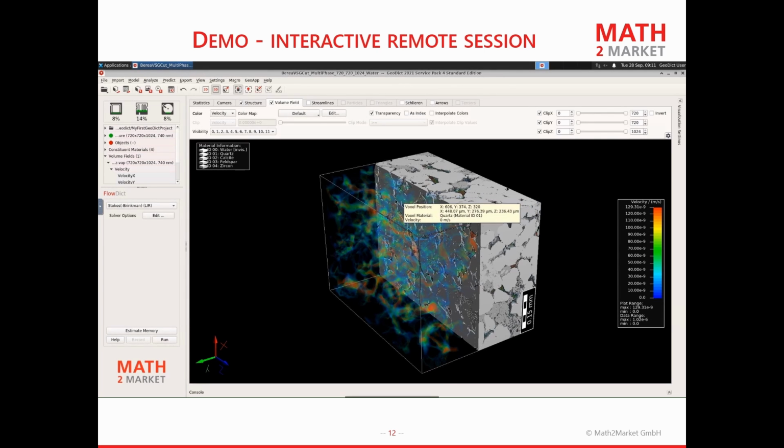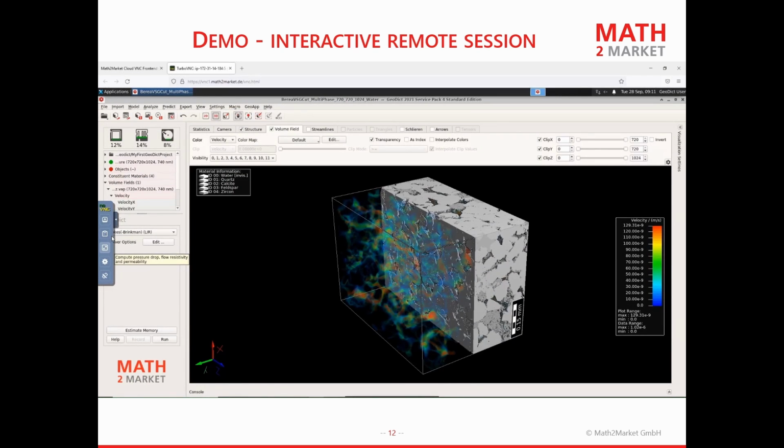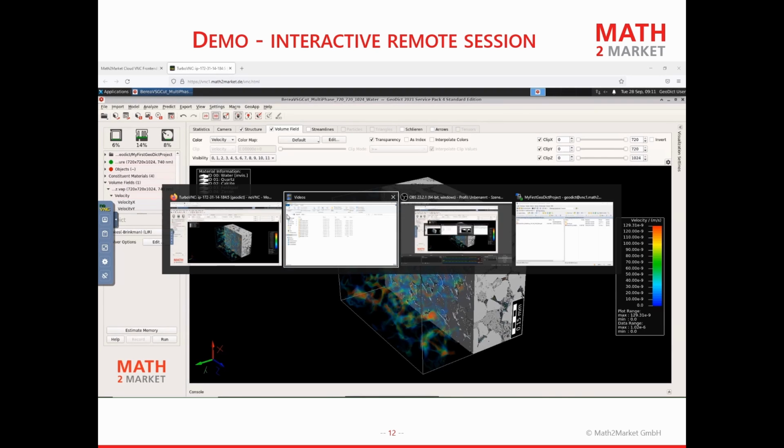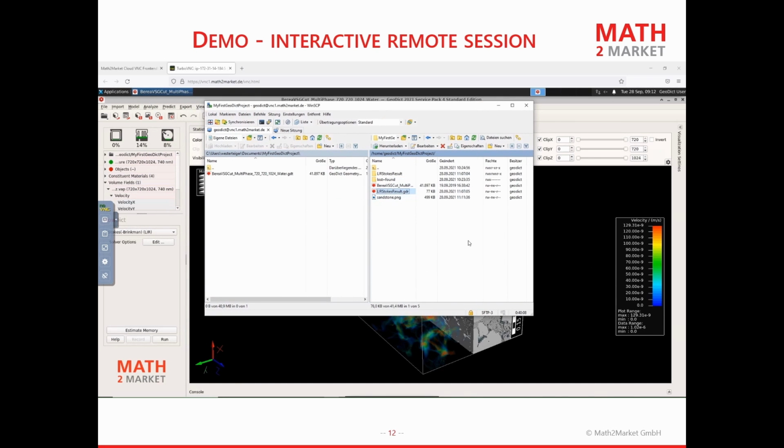And then let's just go back to our local machine. I'll open WinSCP again. And I will refresh this remote folder here. And as you can see, all the results that we've generated are here. So the Lear-Stokes result GDR and the subfolder with the volume fields and the image that we created. So for example, let's say we just want the GDR file and the Sandstone PNG on our local machine. I'll just move this over here.